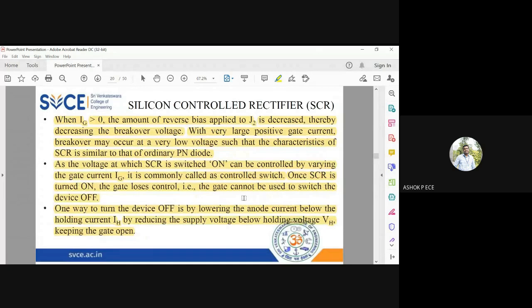Remember, the gate is required for turning the device from off state to on state. But once the device is in on state, no matter how much current you give to the gate, it will not have any effect. If I want to turn off the device from on state, the only option is lowering the current below IH. IH is called the holding current, or lowering the voltage below VH. VH is called the holding voltage. Only by these two ways you can